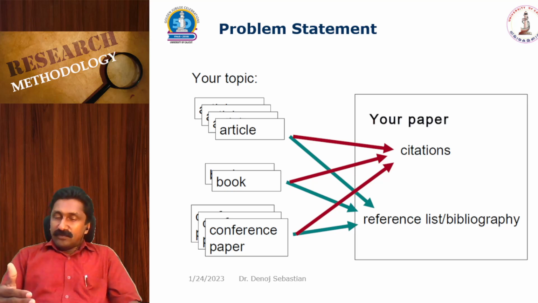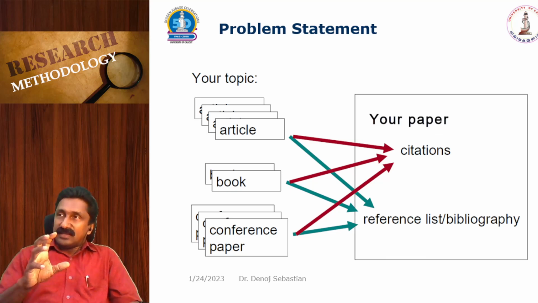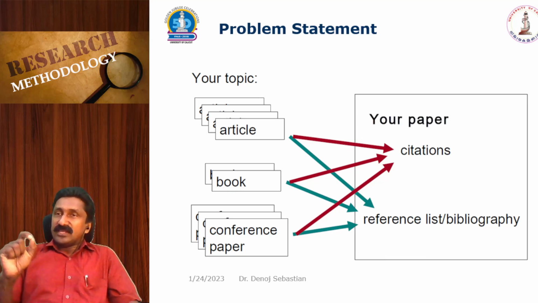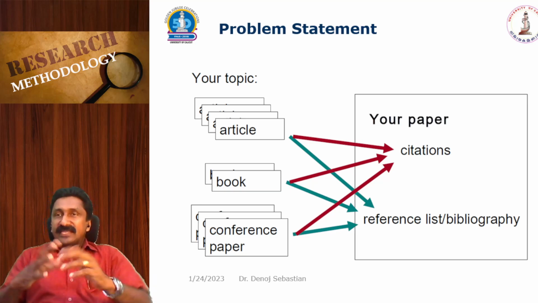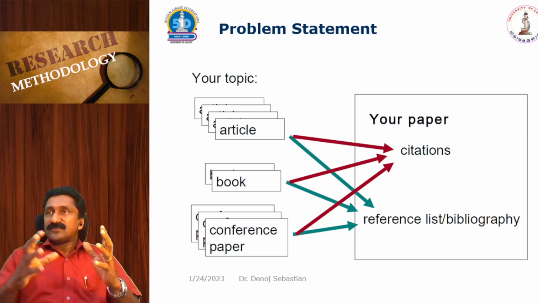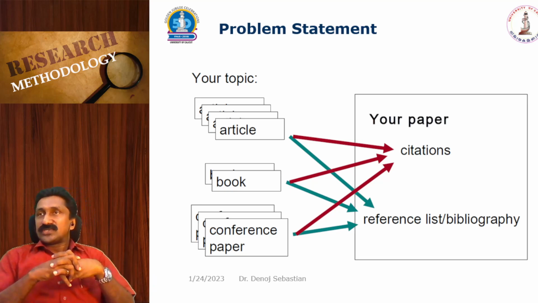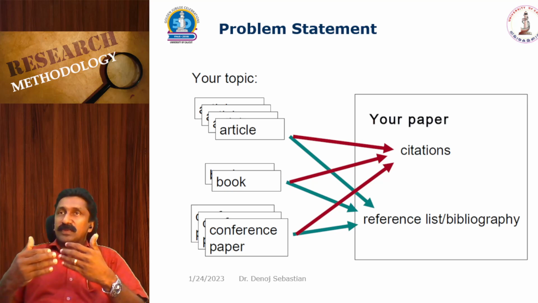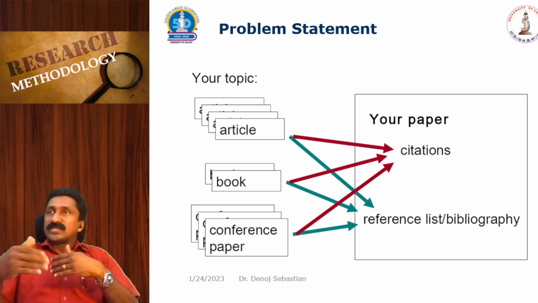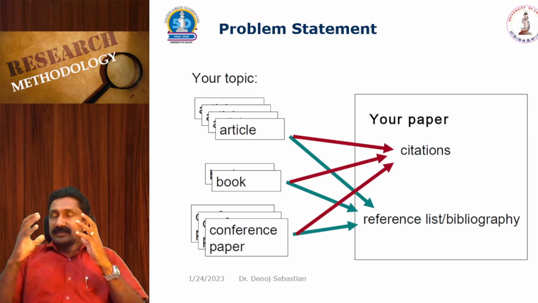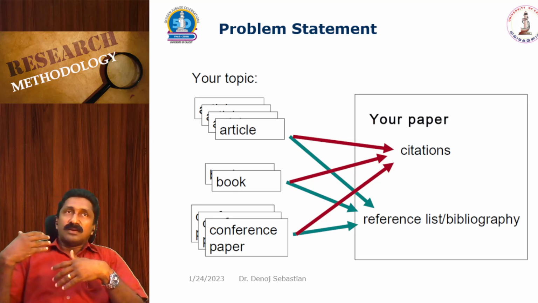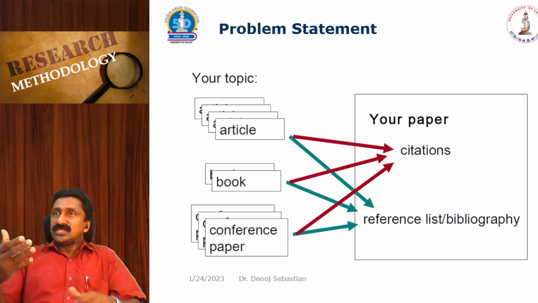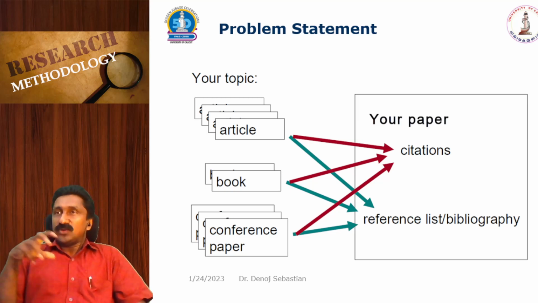But after the rejection, if you want to communicate with another journal and you use reference management software, within a few hours you can rearrange the paper according to the requirement of the second journal, because everything is computerized. You don't have to go into the specifics of the journal reference system and change it manually. So your resubmission to the second journal will save substantial time and effort, which means you can go for high quality journals, even if a few journals reject your paper,